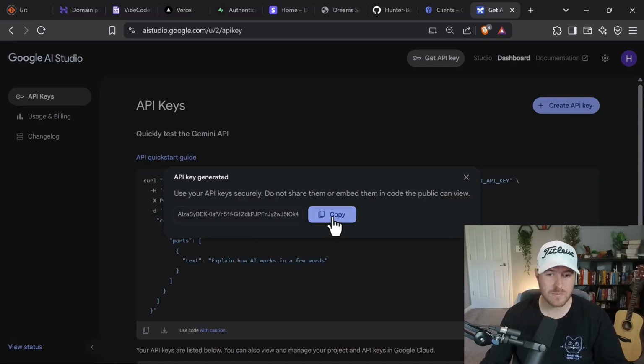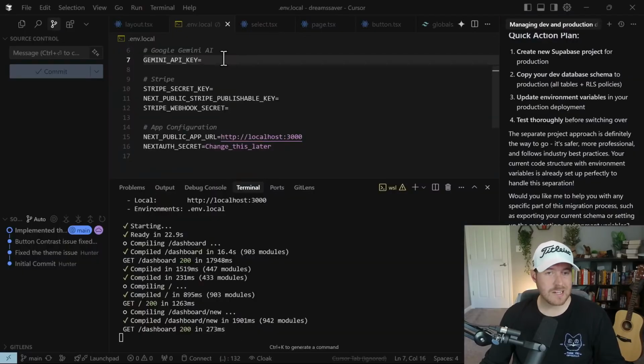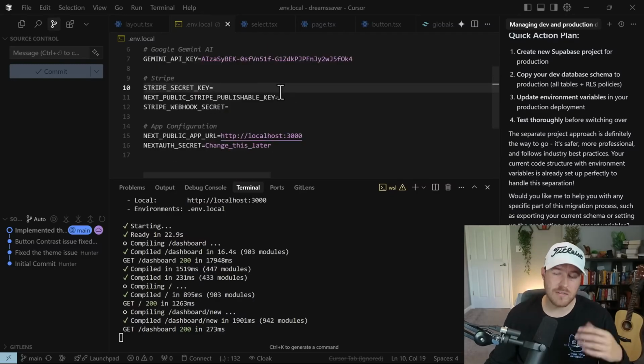If we close out of this, we have to do that process over again. So just make sure that you hit the copy button, and then back in our environment file, we will paste that key in. Now we should have Gemini available to us anytime. However, we do have to set up a billing account if we want to exceed the free tier of using